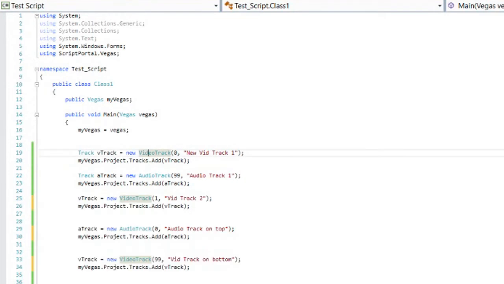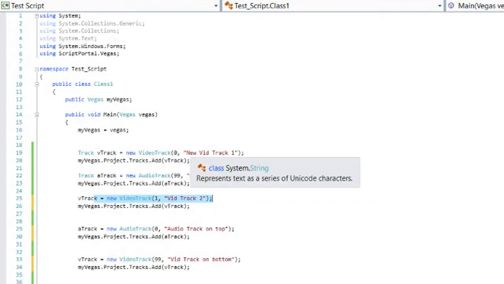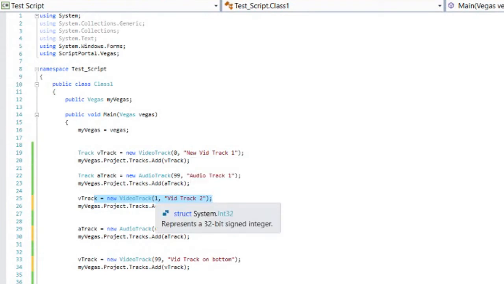So let's go through the code here, and now we're going to add 5 tracks, and let's see exactly what's going to happen. First of all, we're going to add the new vid track at the very top, then we're going to add audio track 1 at the very bottom. Now I'm going to add another video track called vid track 2, and it is going to be placed directly below new vid track 1 because its index is 1,